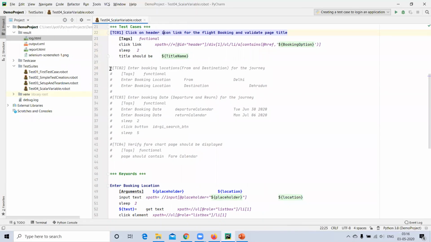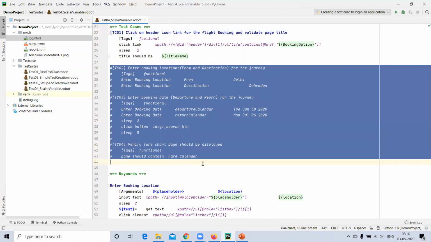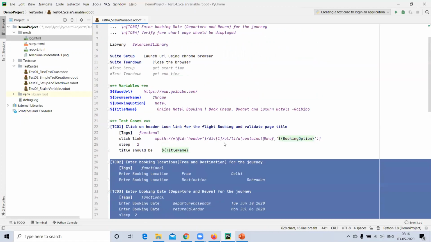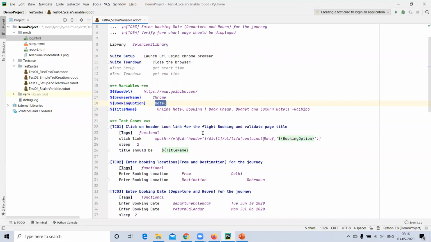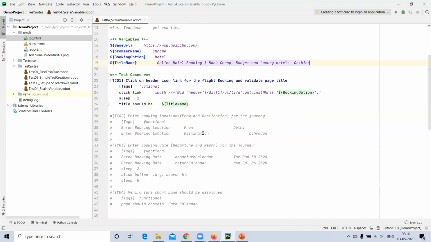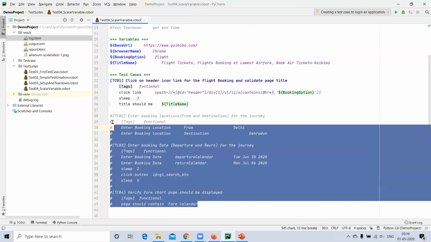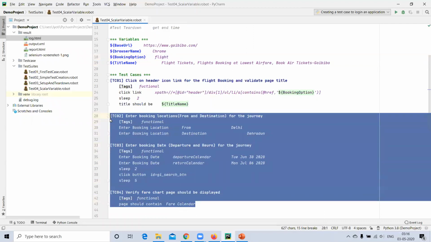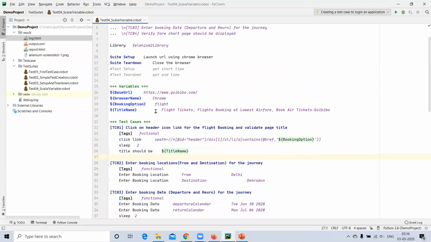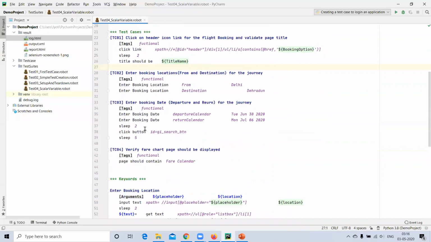Now come to the next scenario that I had created. Let me press Ctrl+Z for flight, because I had created the next scenarios for flight booking. Okay, so here is the second scenario.